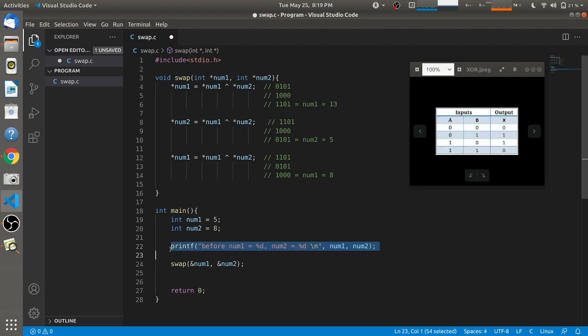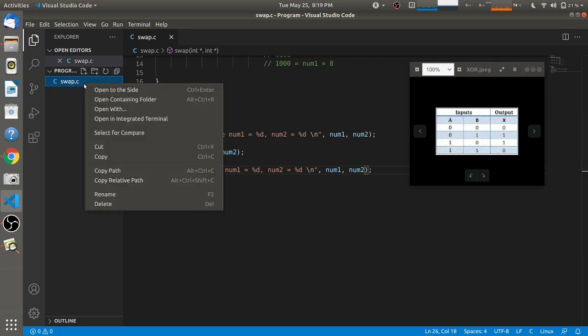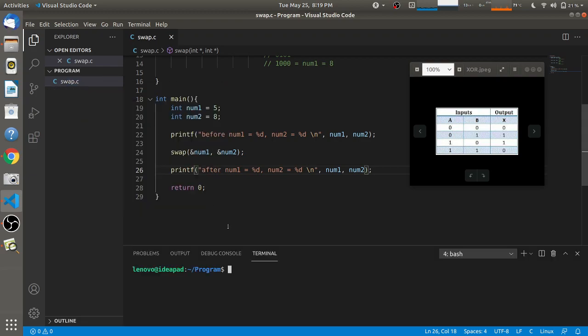So that way the function is completed, and we will print the values of num1 and num2 after calling that function. I'm giving here "after", and after that I'm saving this code and opening it in the integrated terminal.